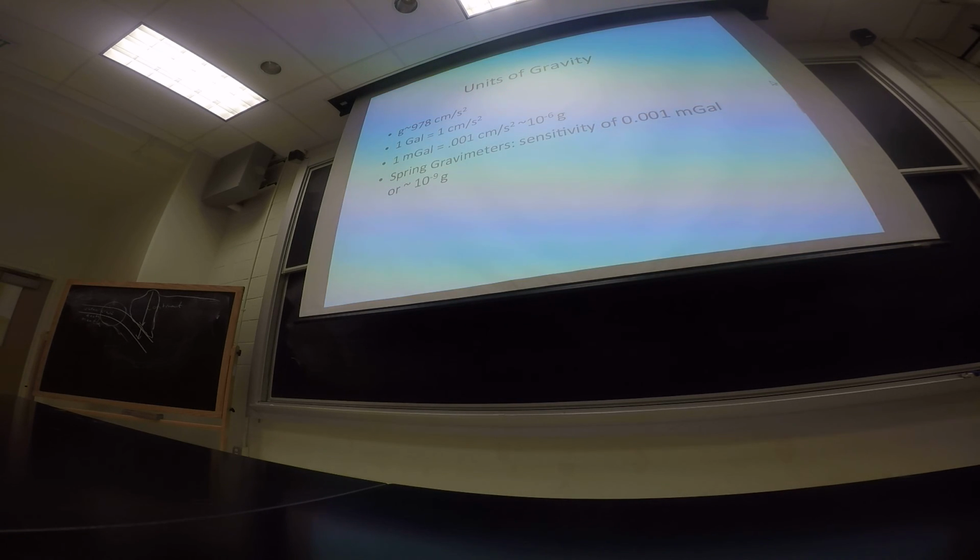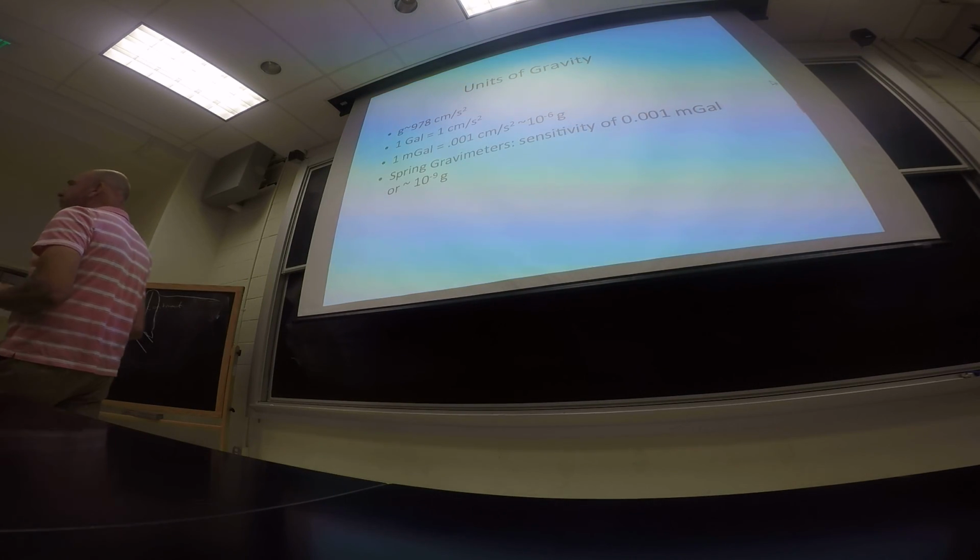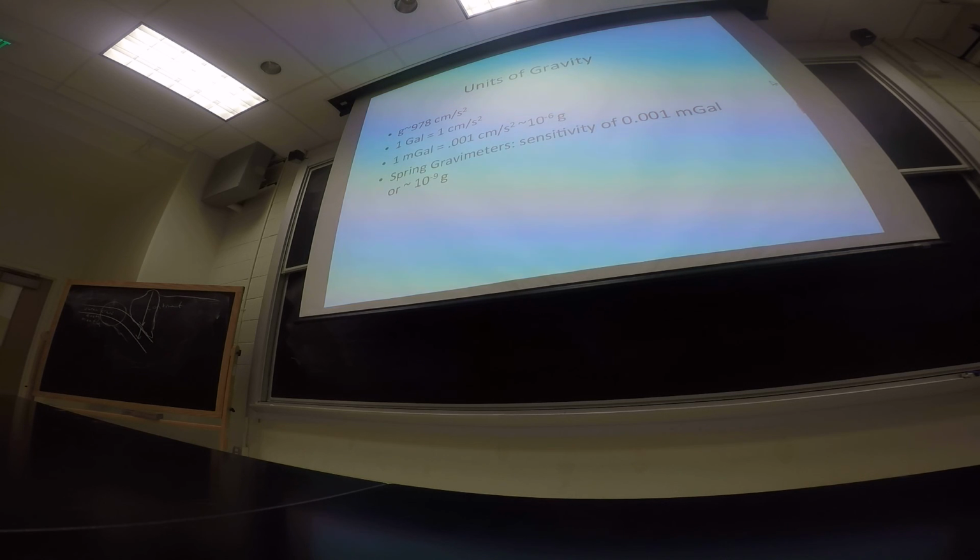Look at units of gravity. So, rather than looking at it in CGS or MKS, I can't remember, let's look at it in centimeters per second squared. So gravity is 978 centimeters per second squared at the equator, roughly 9.8 meters per second squared. We define a gal to be 1 centimeter per second squared. Gal stands for Galileo. 1 milligal, obviously, is 1/1000th of a gal, which is about 10 to the